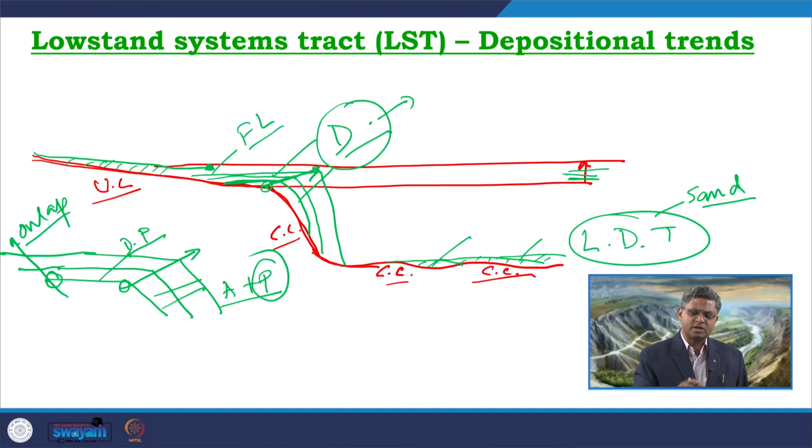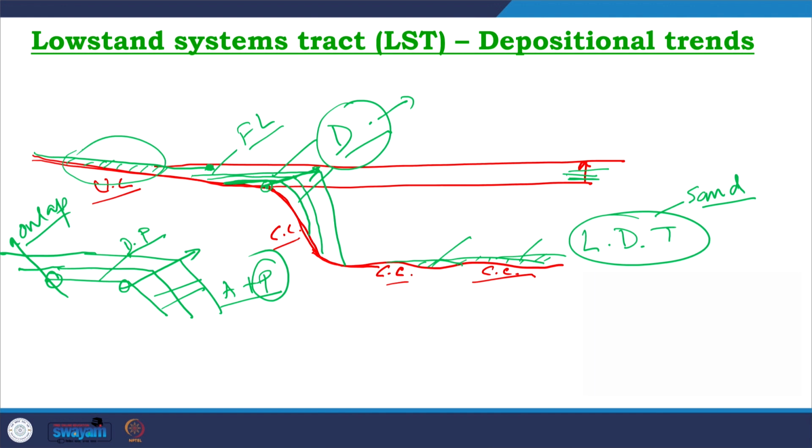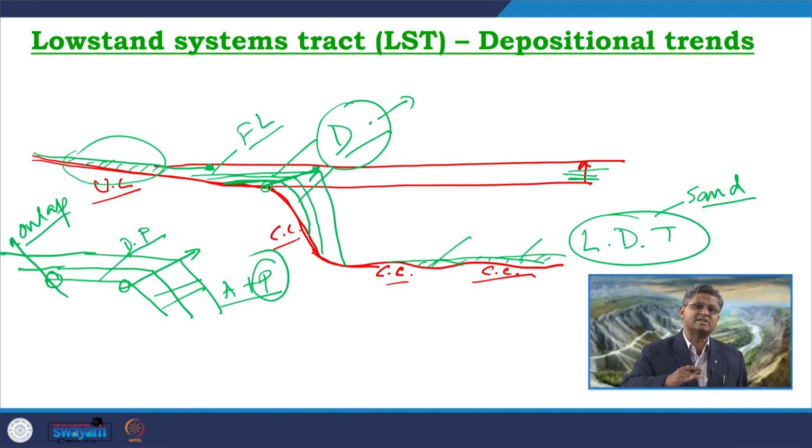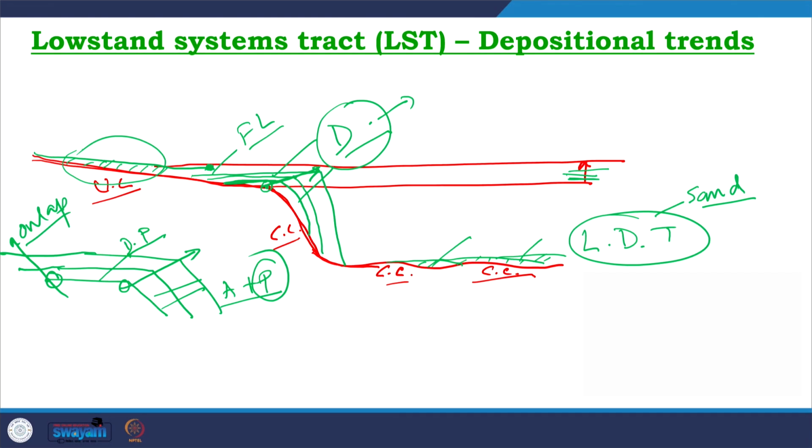Along with these portions, the fluvial system in the upstream area will also experience an overall aggradation pattern, as the river equilibrium profile will face an overall rise, an overall aggradational pattern, because of the rising base level condition. So, the LST deposits which are forming in this kind of scenario have different types of contacts in different areas.